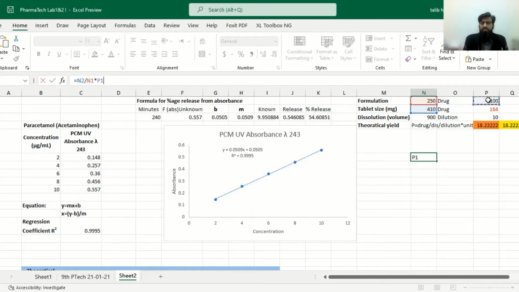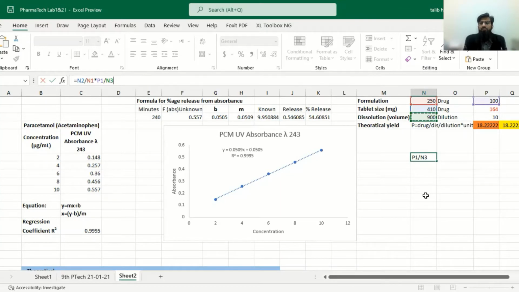The concentration which was originally present was 100 milligram in a 250 mg tablet, and now it will give the concentration present in 410 milligram. This tablet has been added to 900 ml of the media, so it will be divided by this dilution volume. So the concentration in 900 ml media will be as we have calculated.